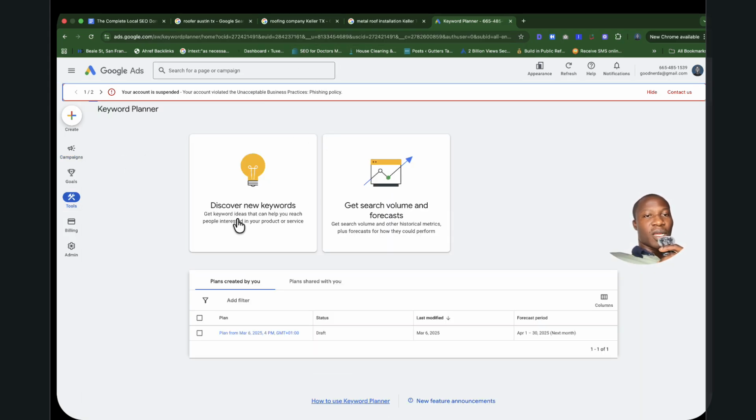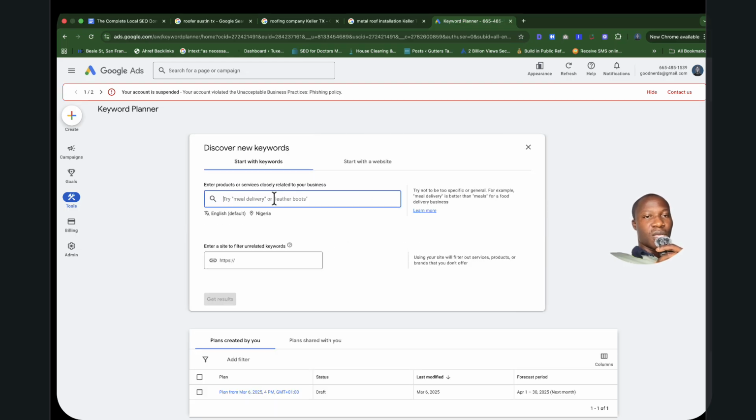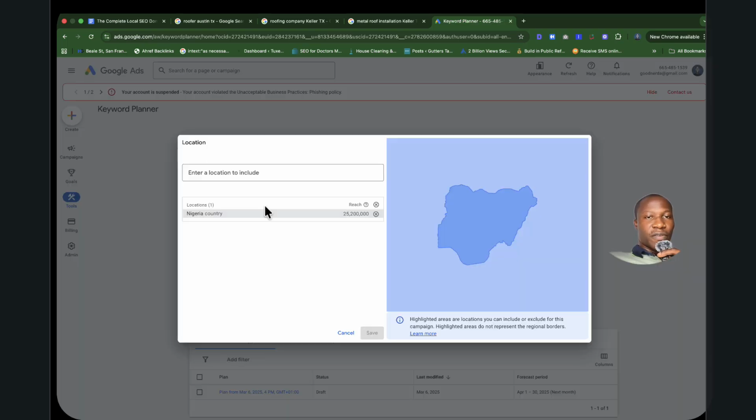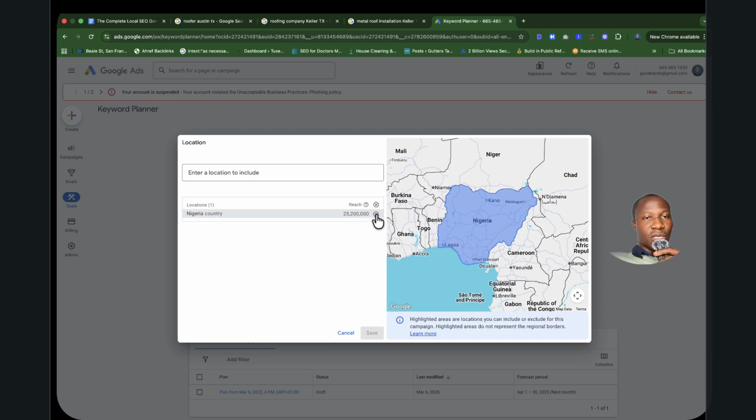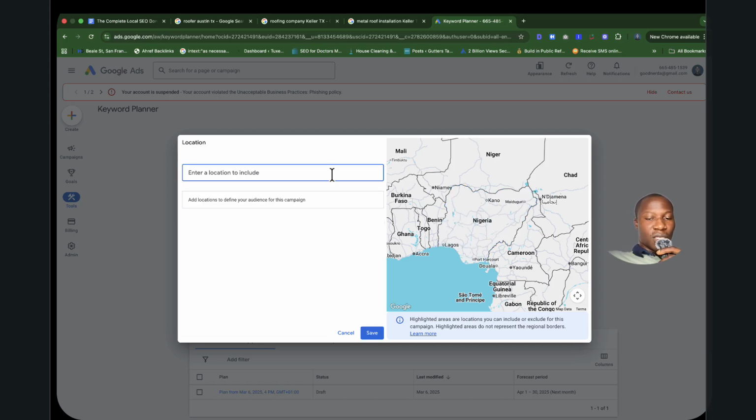On this Keyword Planner, you come to discover new keywords, and you just type in roofing contractor or roofing company. You type roofing contractor, and you change the defaults here. I'm in Nigeria right now, so you can change your location to include the exact area. So let me say Keller,